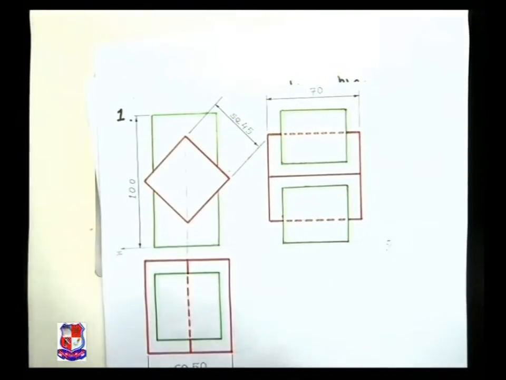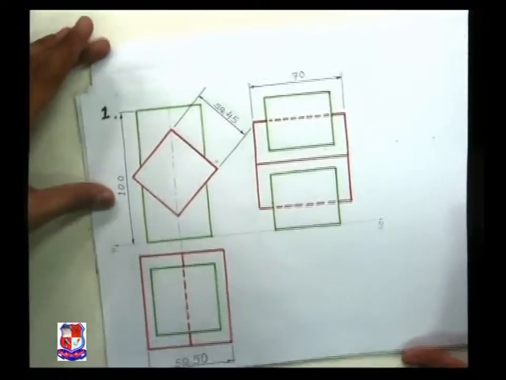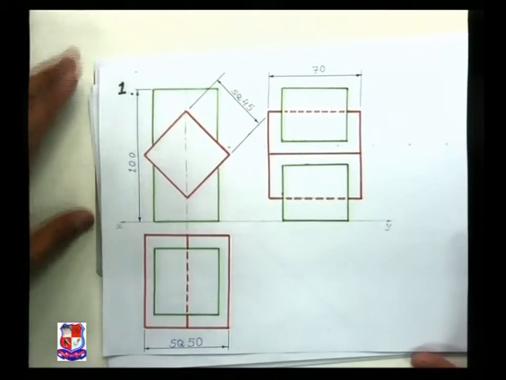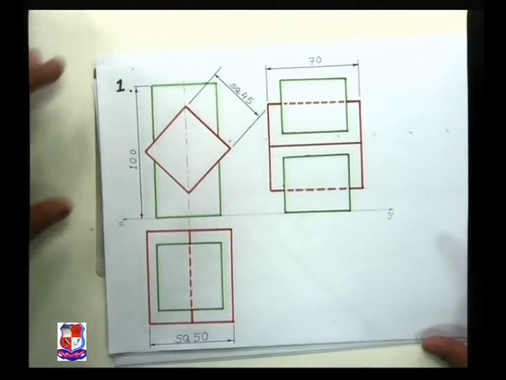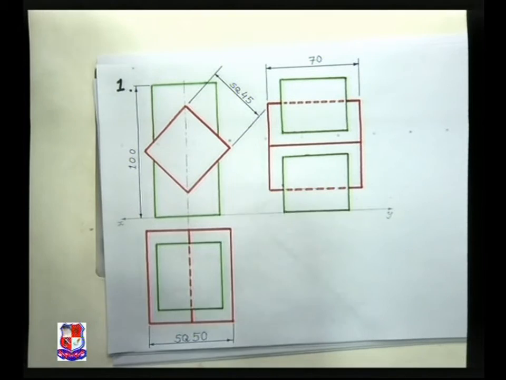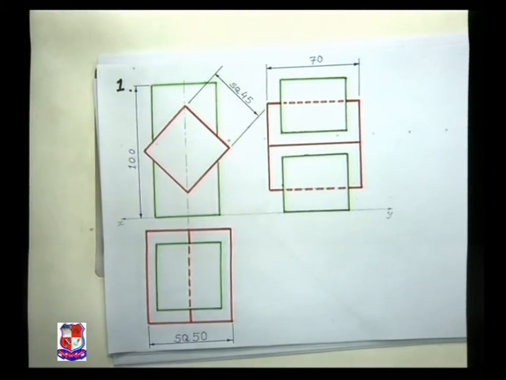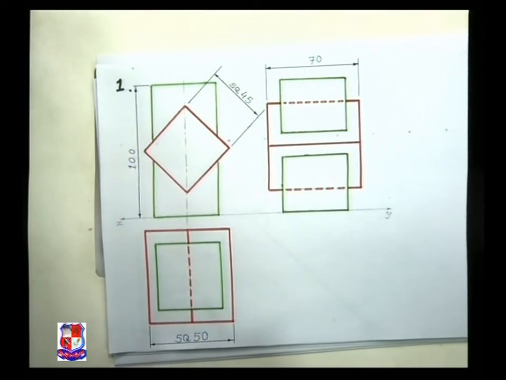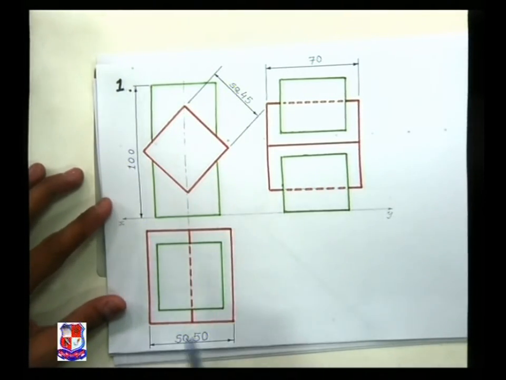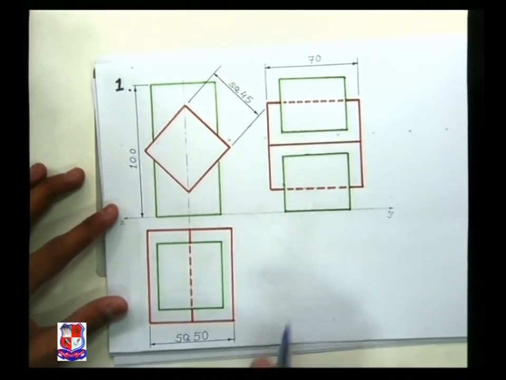And to insert the dimensions, one unique dimensioning method should be employed. Here we have used the aligned method of dimensioning. Here the projection lines should be either erased or drawn much lighter. Even this meter line also can be made much lighter. Only this square